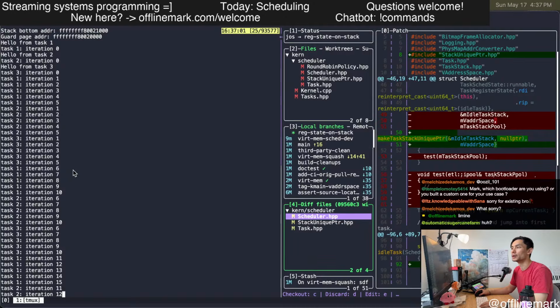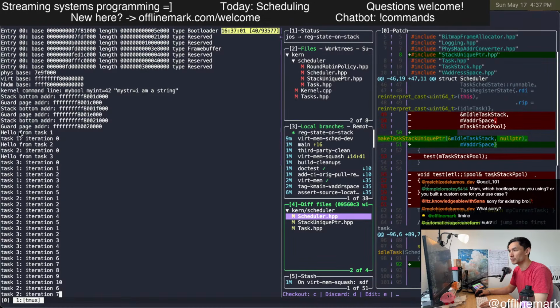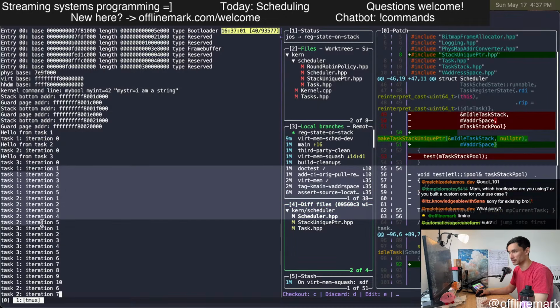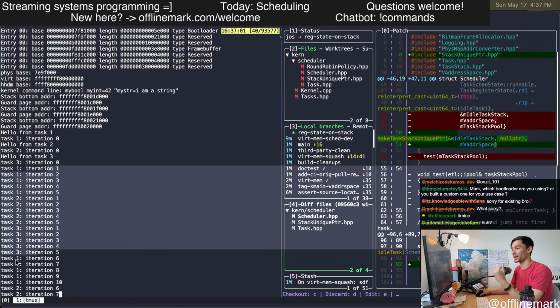So you can see more clearly the hello from task 1. Actually, they each do a yield on their very first loop because of the way I wrote the modulus. Then task 1 runs 5 times, then it switches to task 2, which runs 5 times. Then we switch to task 3, which runs 5 times. Then we switch back to task 1.